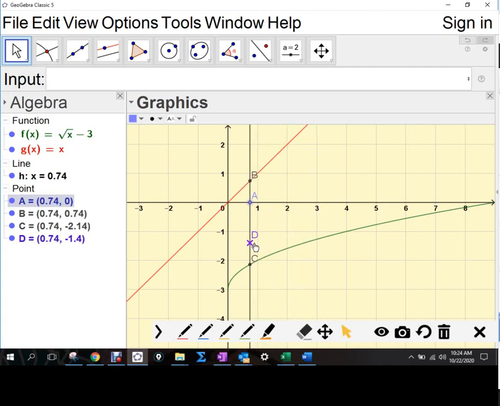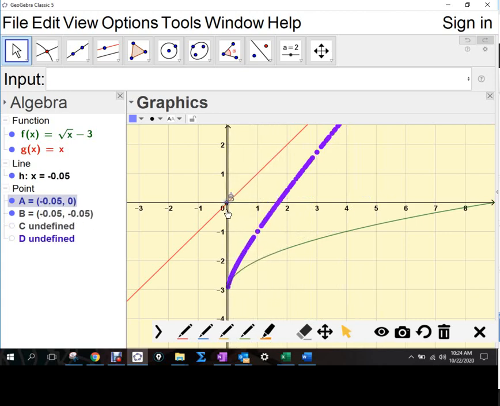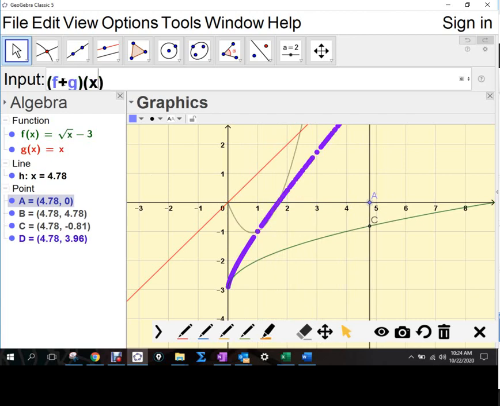Okay? Well, if I trace that point, it highlights all those ordered pairs. And if we actually type in f plus g of x, got caps on, x,